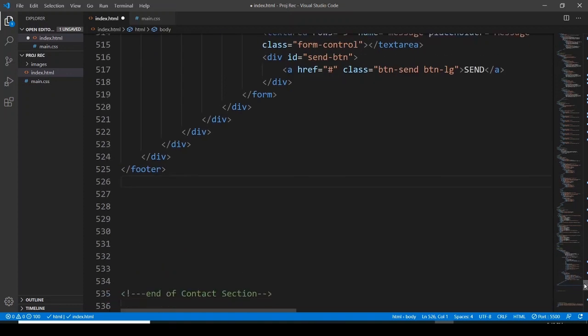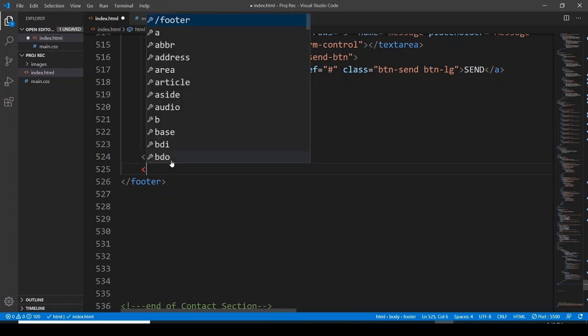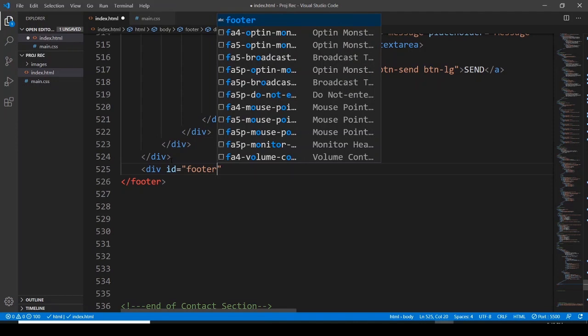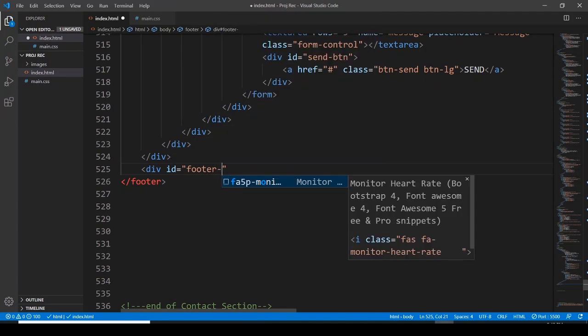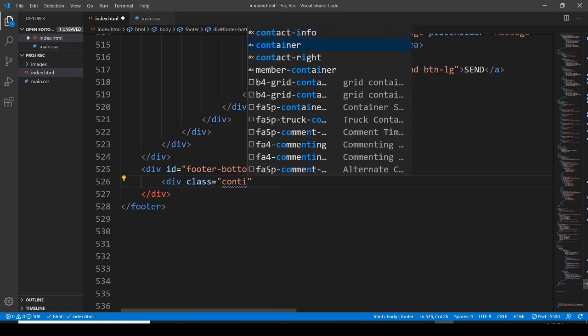So this is our contact section, which is done. So then after this, we have to go with another division. As I've told you that footer and this contact section I'm going to do together. So I'm preparing the markup for this, and then we will style it together. Okay, for footer bottom, and then division class of container,